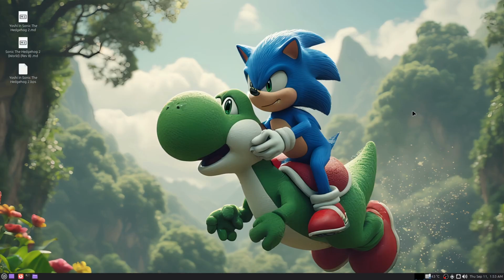Hello, I'm here enjoying my new operating system, Linux Mint version 22.2 Mate Desktop. Recently I found a ROM hack that was released in 2010 and it's really excellent. It's Yoshi and Sonic the Hedgehog 2. The reason it's so good is because it combines two characters from different universes that you would never see in